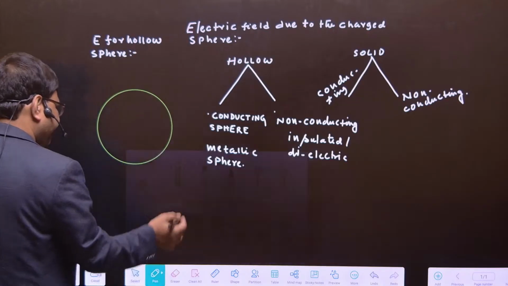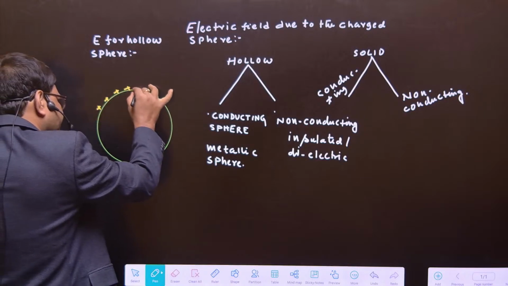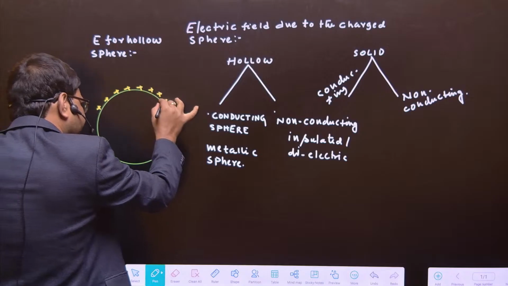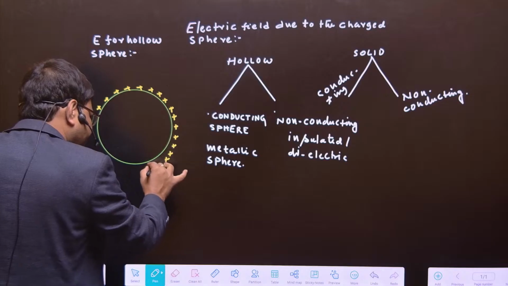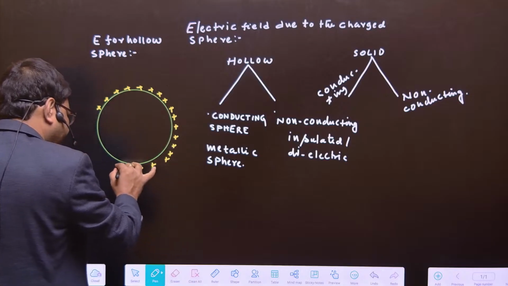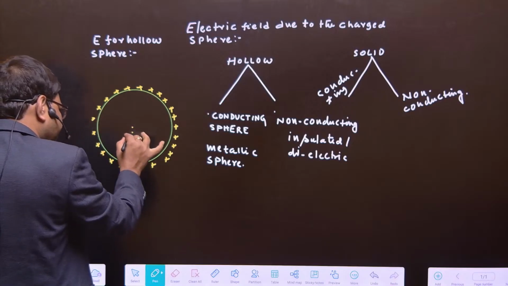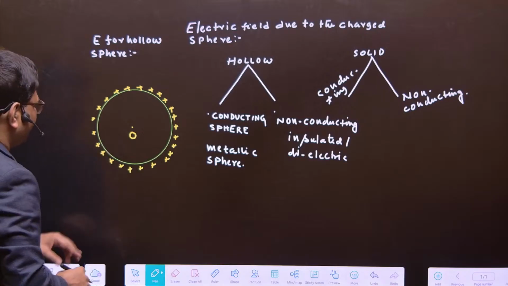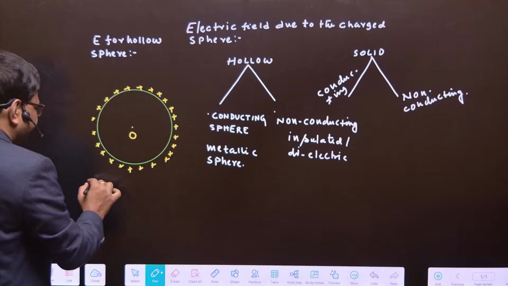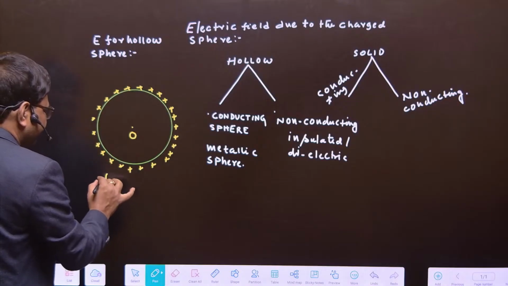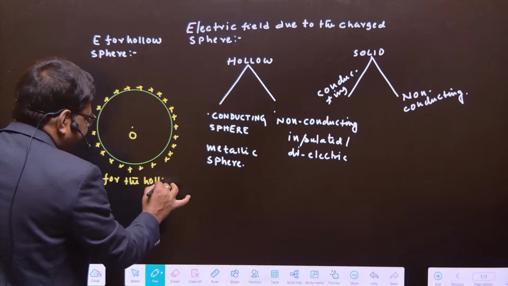So now see, charged hollow sphere matlab for the hollow, charge always resides on the surface of the sphere. This is the charge. ठीक no? Charged hollow sphere. This is the center of the sphere. It is hollow. No material inside this. So first write, for the hollow sphere,